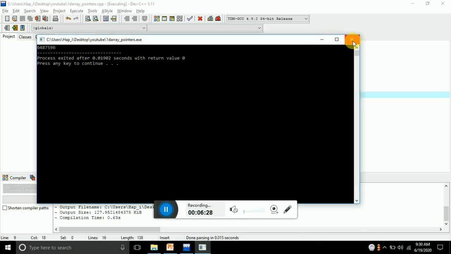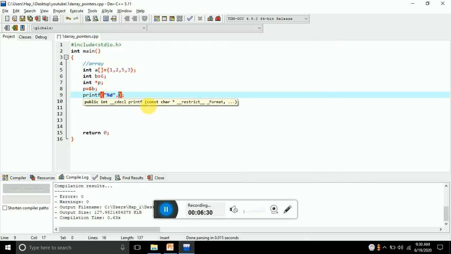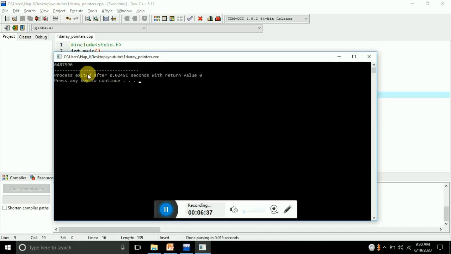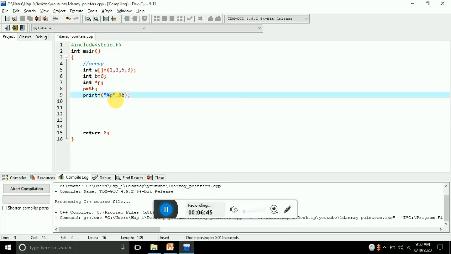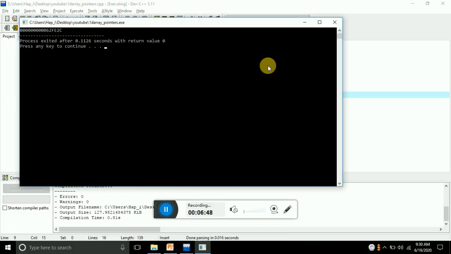Just remember it. If you try to print the address of v, it will show exactly the same, 6487596. Actually, the address is in hexadecimal form, so if you want to print it in hexadecimal form, you can use %p also. This is the hexadecimal form of the number we have shown previously.